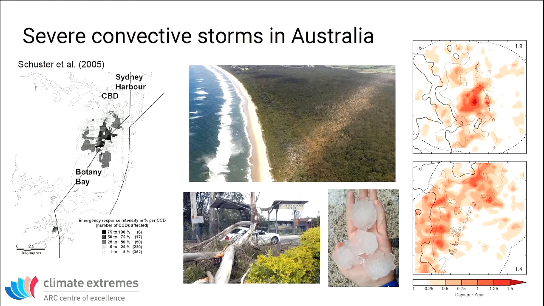Okay, finally I want to say a bit about severe convective storms in Australia. So most of what I've talked about before, there's a lot of research been done on this in the USA, but this is a really big deal in Australia. So, for example,